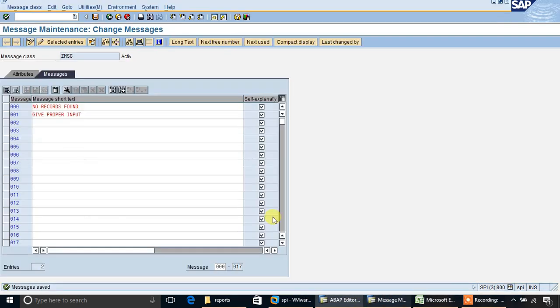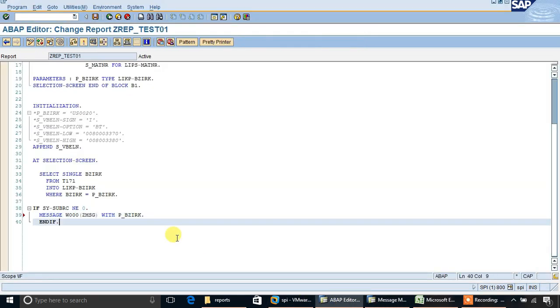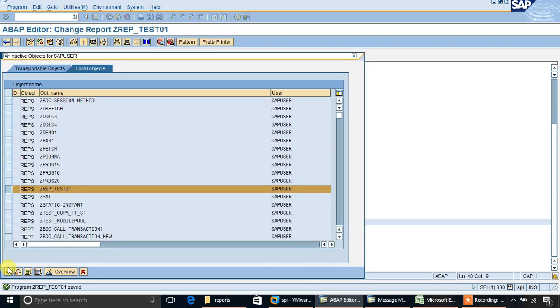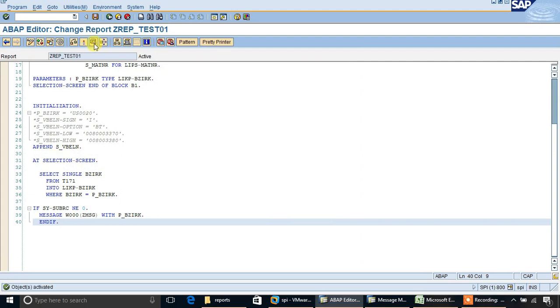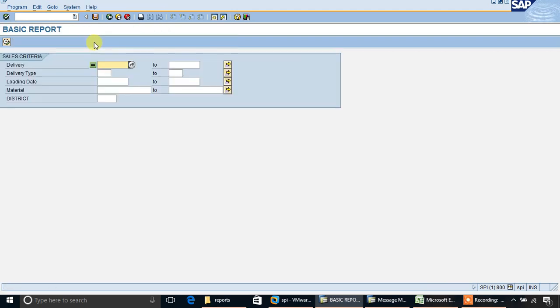Now I am changing no records found for the placeholder. Save. Now again activate. Run.